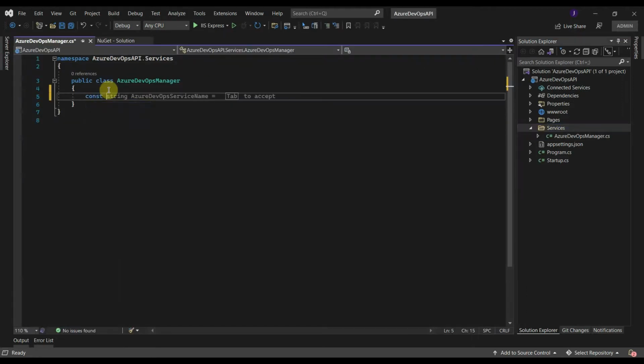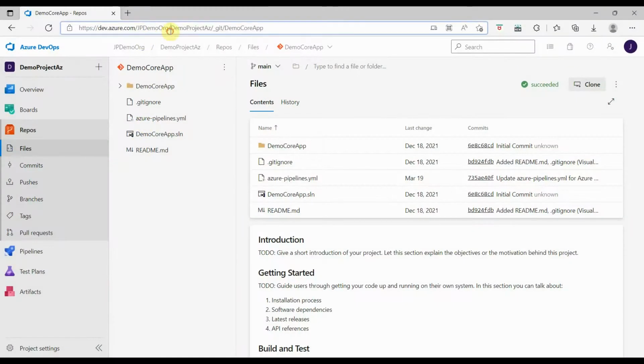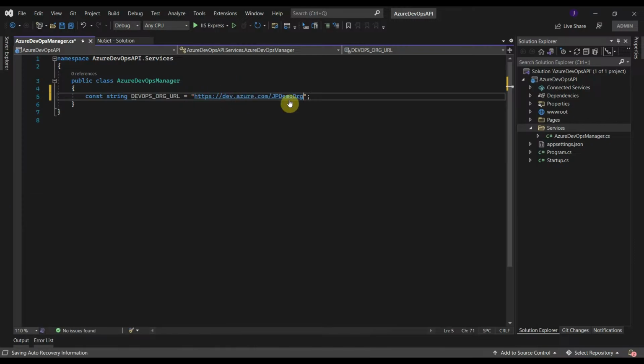First I'll define a constant string for storing our DevOps org URL. Our DevOps org URL we can get from here. This would be our Azure DevOps organization URL. So I'll copy this and add this here. And then